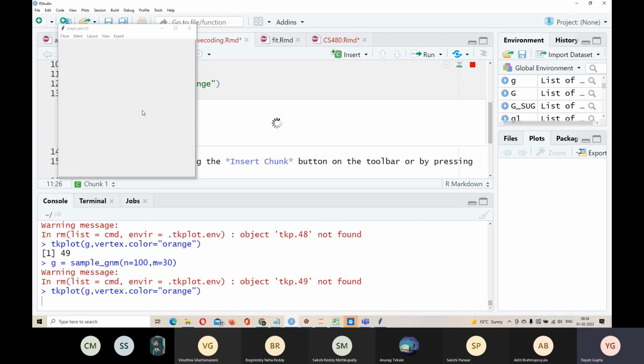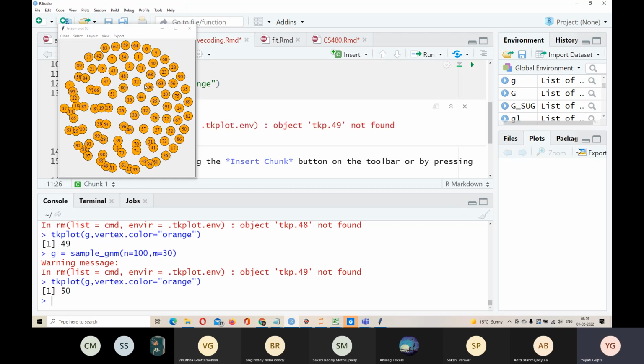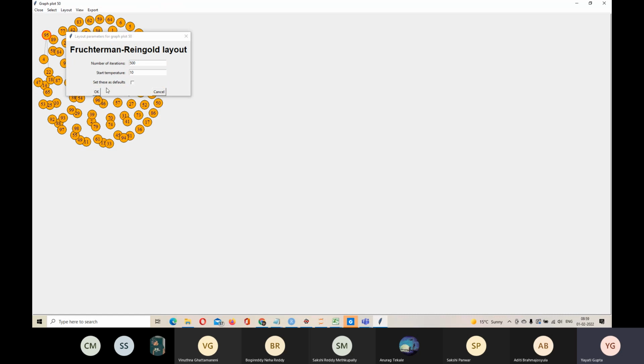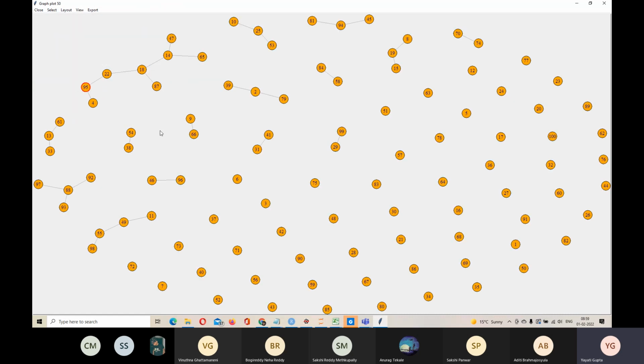Here we are taking these 30 and you look at this graph. It doesn't look very nice here. There are edges but not visible. So I can use one of these layouts. These layouts are again based on certain algorithms. For most of my purposes, this layout works reasonably well. You can also find all of these layouts in Python iGraph. And here now you can see the friendships. Most of the nodes are just isolated, and there are a few friendships.